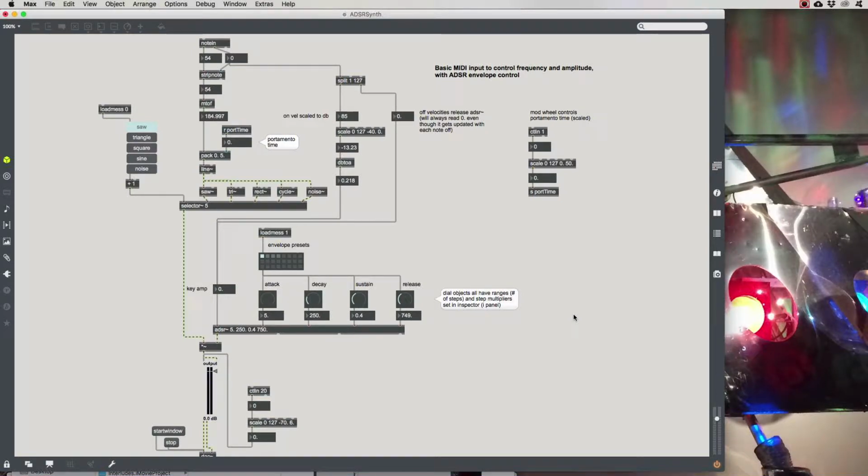Okay, so today's set of videos is going to show you how to take a single voice synthesizer patch and make it polyphonic. So to start, we have the single voice synthesizer. It has a MIDI note in that's controlling frequency to one of 5 oscillator types. That's being selected over here on the left with the tab object. This is part of the selectable waveform